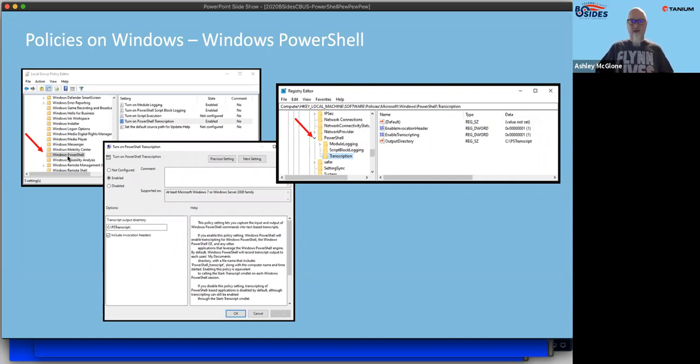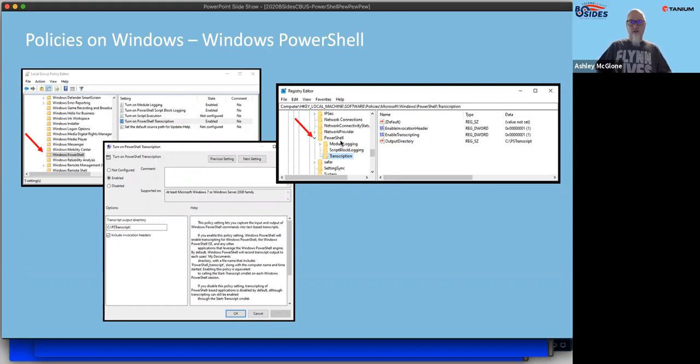Obviously, it only makes sense to set this on the computer side for all users in the group policy. You go in, set those, and then you'll see there, this is a local version of group policy editor here. But sometimes Active Directory environments are complicated. You've got non-domain machines. And so if you want to automate this at scale, you can simply just run a